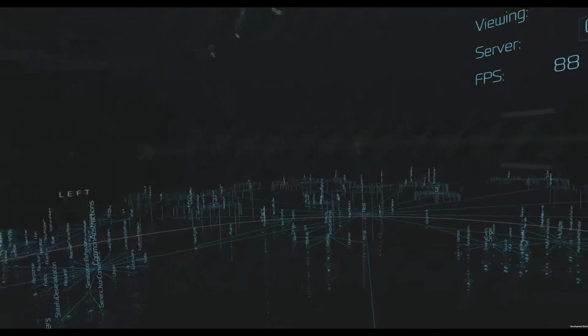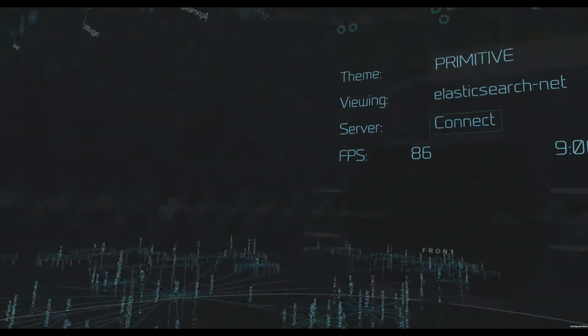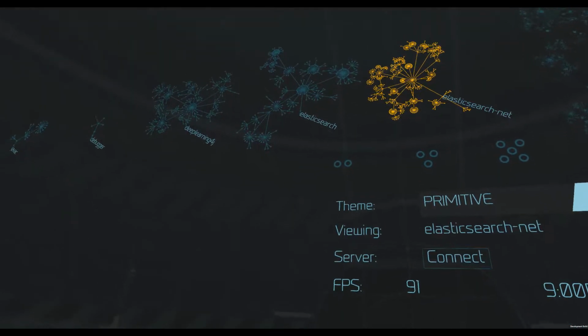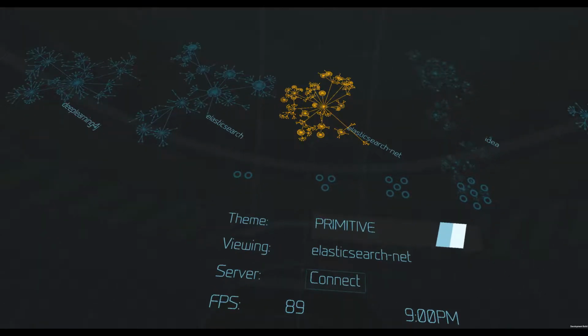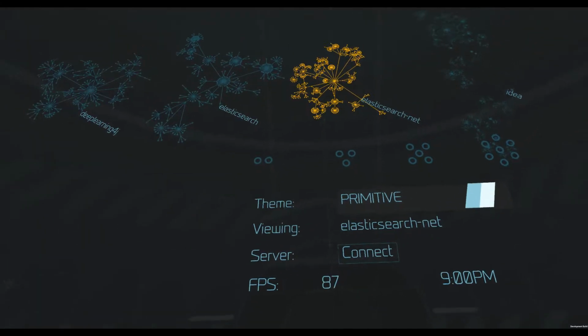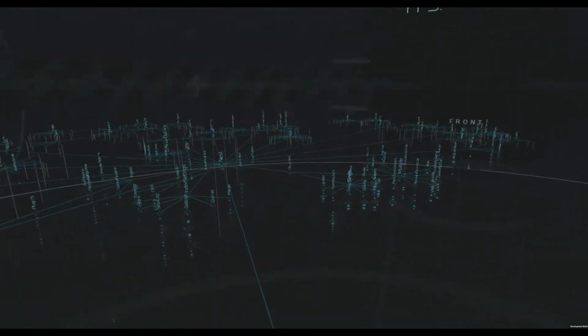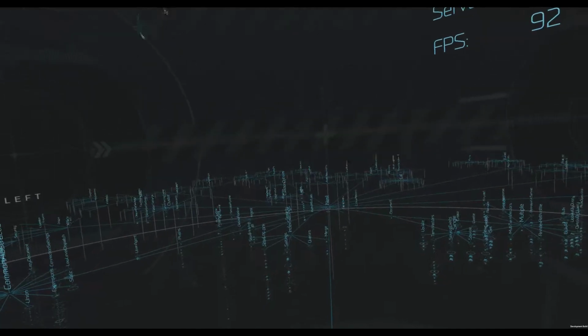This is fun to compare these two to each other because here in Primitive we can actually look at the visual spatial layout of how the project is organized. I have here in front of me on the menu the Java implementation of Elasticsearch on the left, and then on the right the .NET implementation. So we can see the two compared side by side, and also the one that's currently selected, the .NET implementation here on the floor. And right away I can see that it has this organizational structure that is